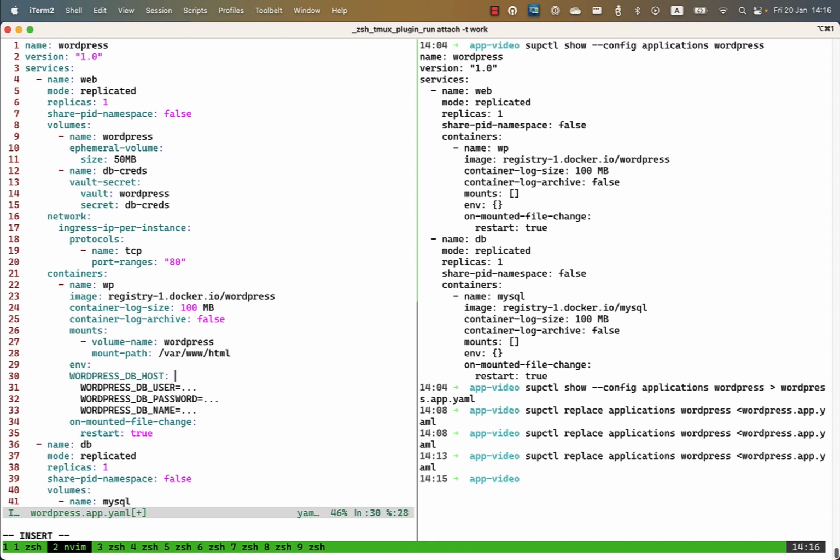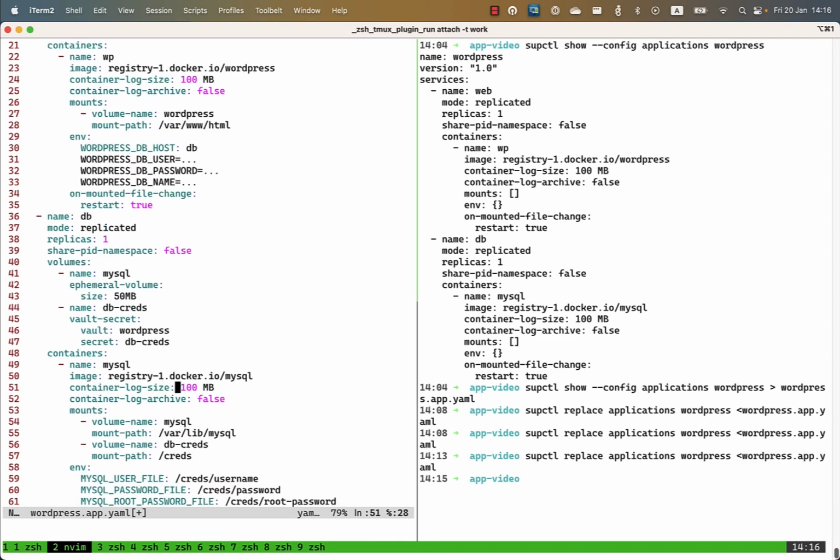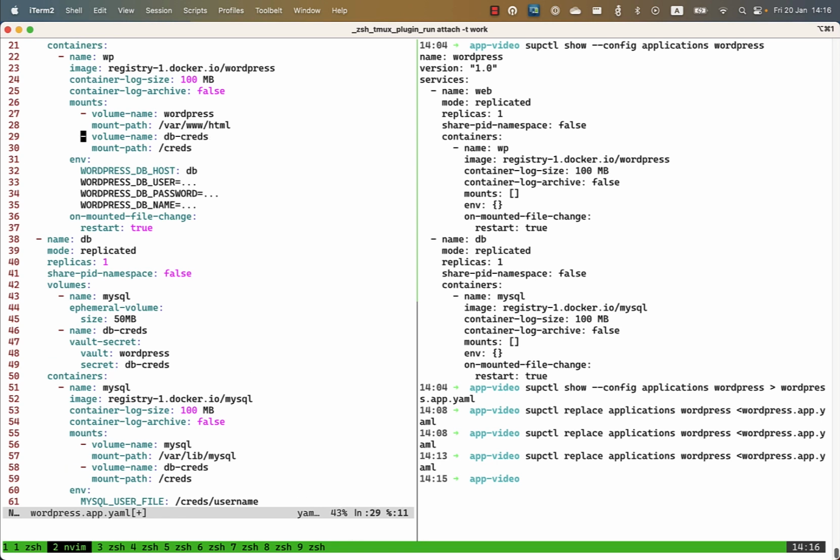DB host will actually just be DB, and this should match the service name, which will resolve in the DNS. Then we're going to mount in the creds the same way we just did. So I'm going to do the same thing here, mount the database credentials into that, and do the same trick, user file,